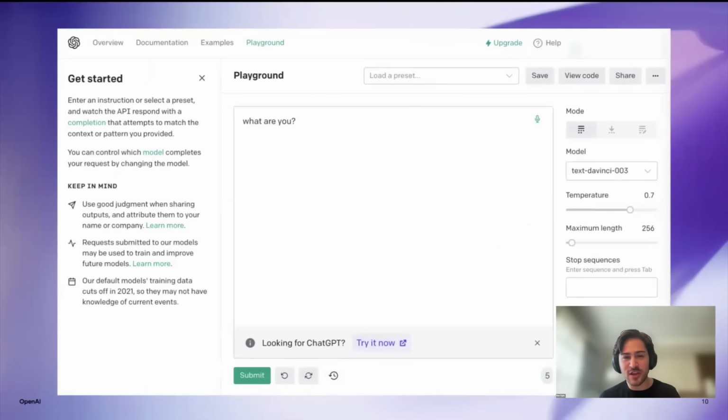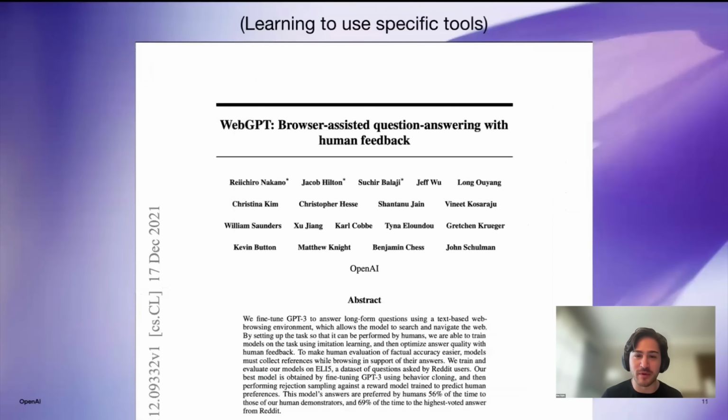Now, looking over at the original papers, which is pretty interesting, one of the first times that we actually started to do this kind of function calling was through WebGPT, which was this version of GPT-3 that we trained to be able to